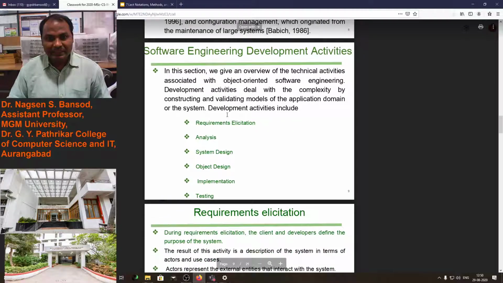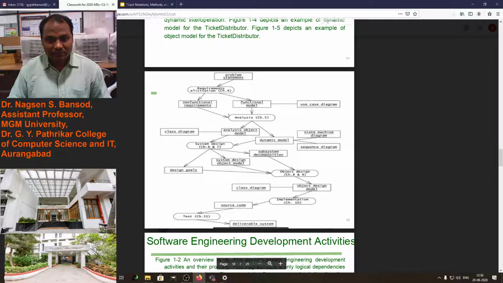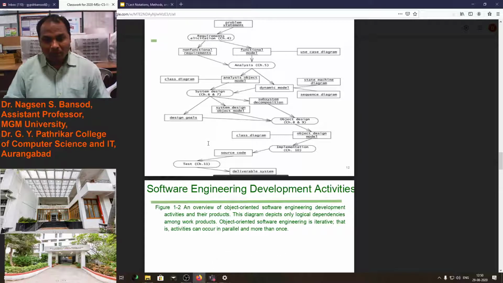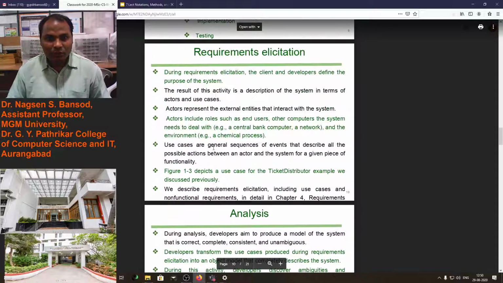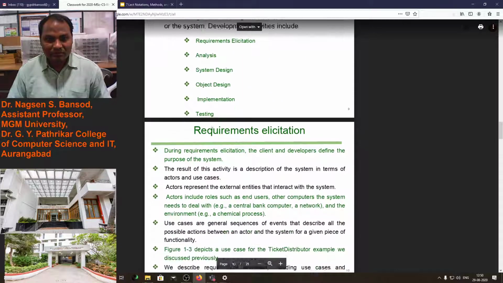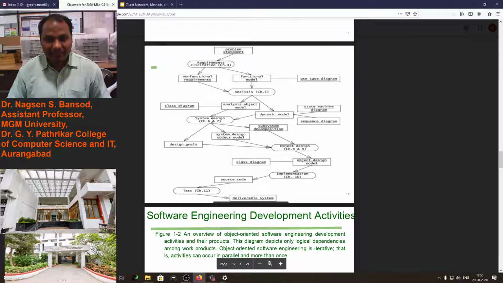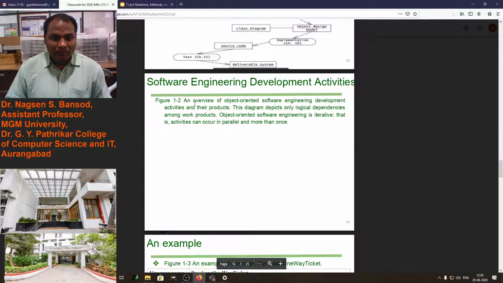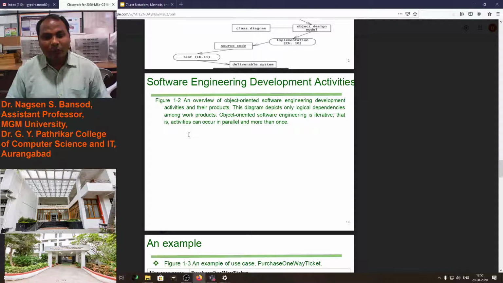If you get a question in the exam, explain the software engineering development activities, then you have to write all these steps and this diagram. Is it clear? Figure: an overview of object-oriented software engineering development activities and their products.